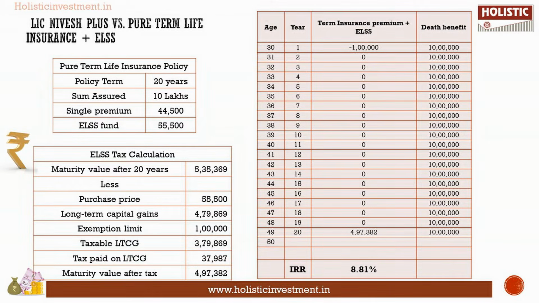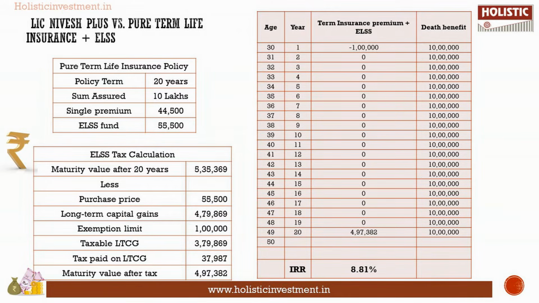Investing in ULIPs offer an opportunity to invest in the market. At the same time, you get tax benefit for the amount invested. Now, let us look for an alternate investments where you get an opportunity to invest in the market as well as tax advantage. Apart from that, we need to look for life cover. Equity Linked Savings Scheme (ELSS) is a mutual fund scheme that is a market-linked product offering tax benefit. For life cover, let us take a pure term life insurance policy.